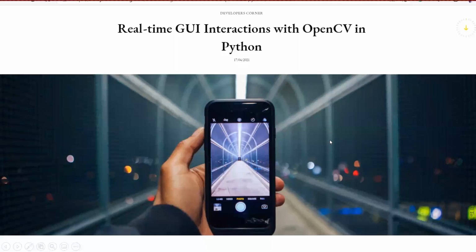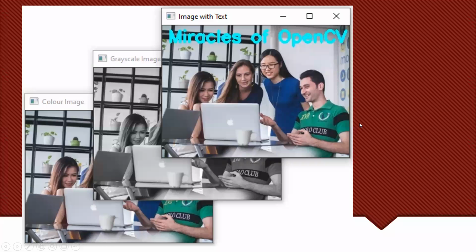Real-time means whenever you are seeing that one, you are able to create it nicely. Looks like an actual one. If the internet is correct, you will see how it is working. Based upon that package, they have created different types of images. You can see that one. Grayscale image, color image, then image with text. All these things they created nicely.